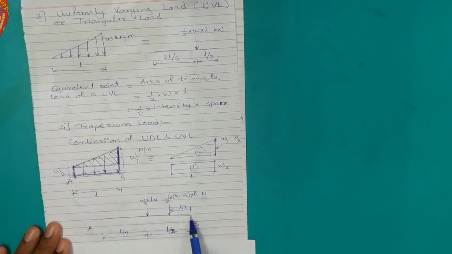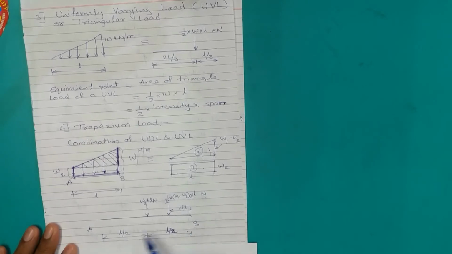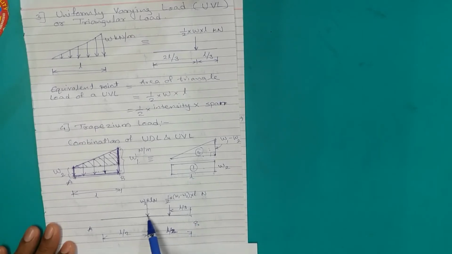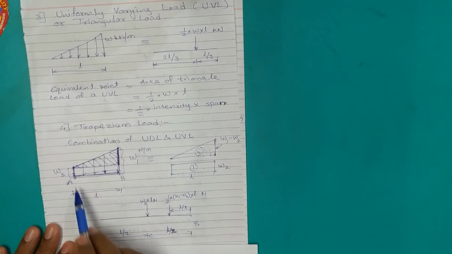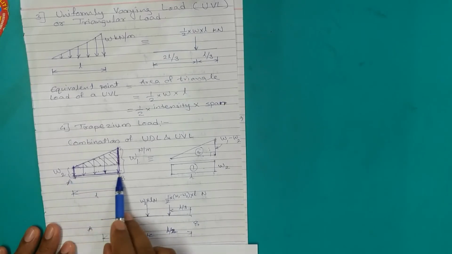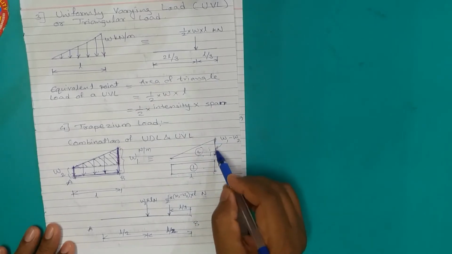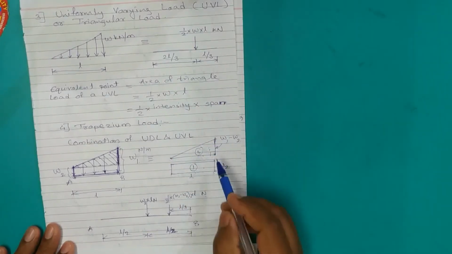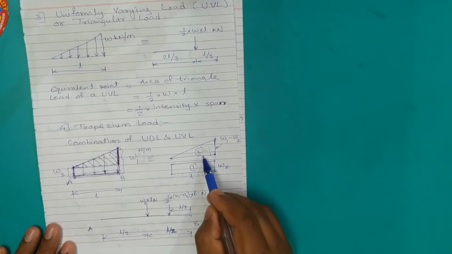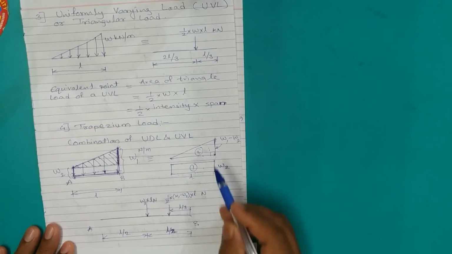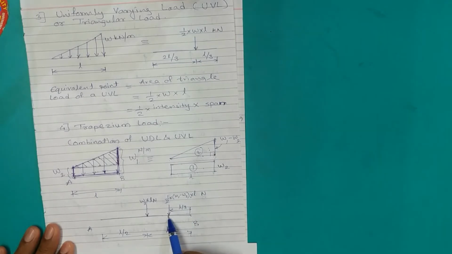So here I have shown a little bit longer length of the beam AB just for the sake of convenience for understanding all the dimensions. So exactly on the midpoint of the length AB on which the entire trapezium was distributed, we have located the equivalent point load of the rectangle at L by 2 from either ends, and for the given triangle only, from the right angle triangle corner, let's say we have located the point load at